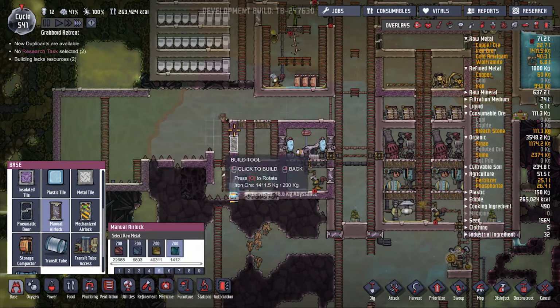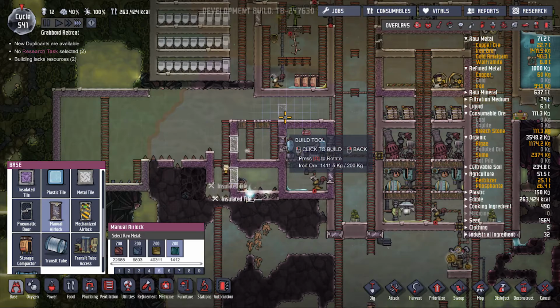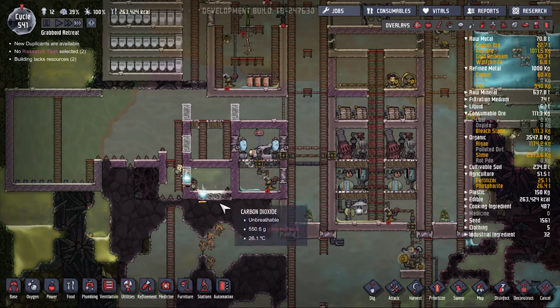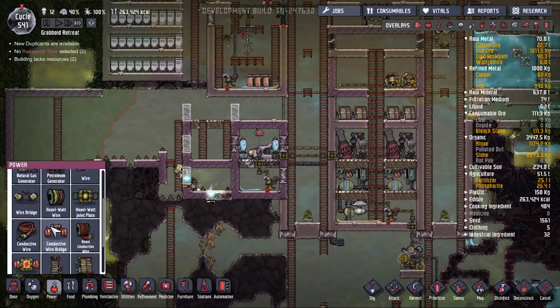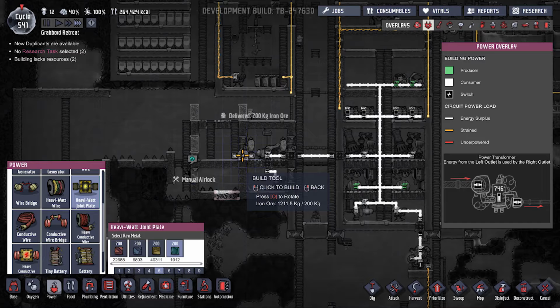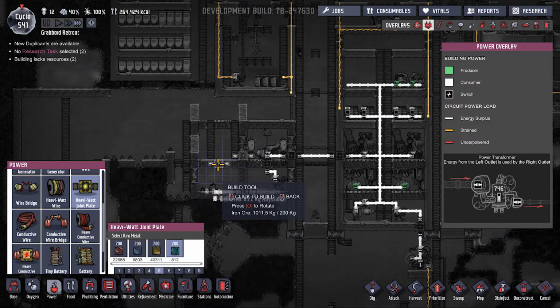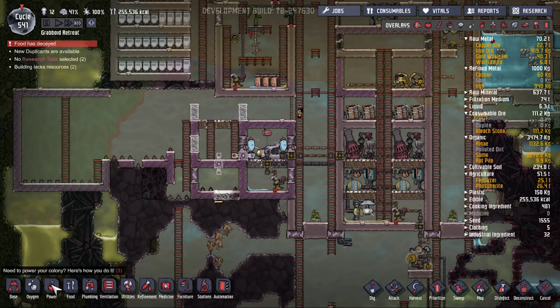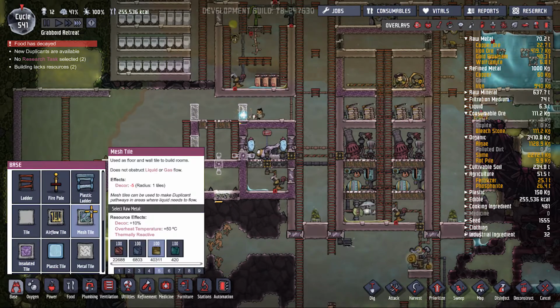And up here and right there. And I do believe that we'll need a heavy watt joint plate right there. Oh, I didn't need all this like that. And right there. And I'm actually going to put the pump right in the middle rather. So,